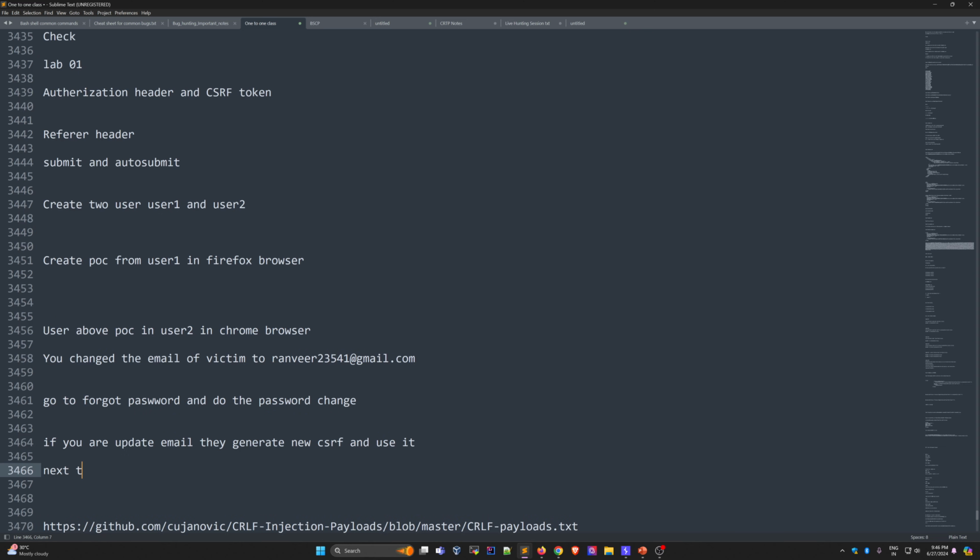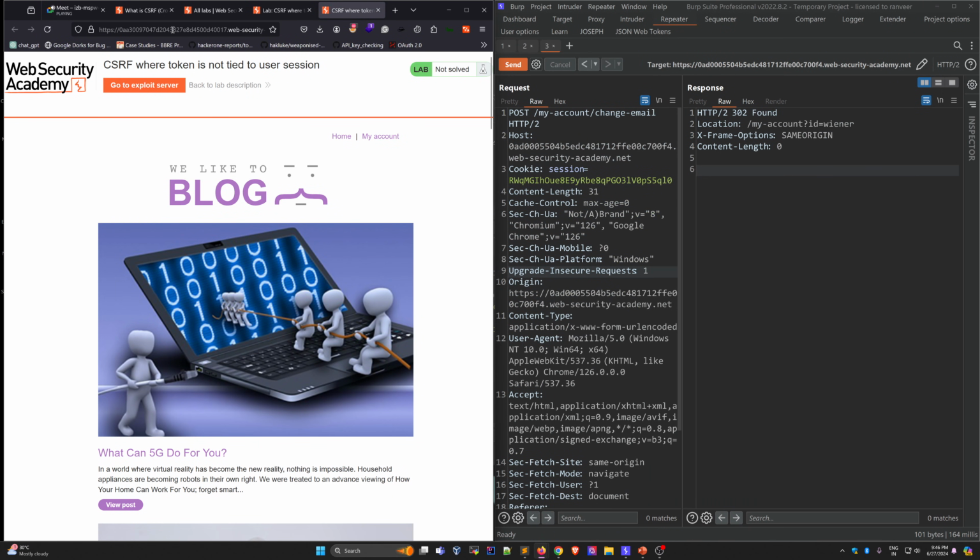Next time again, they do this. So every time you are attacking, they generate a new CSRF token. So how can we attack there? So this is the situation. So copy,